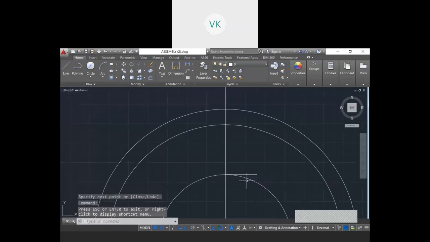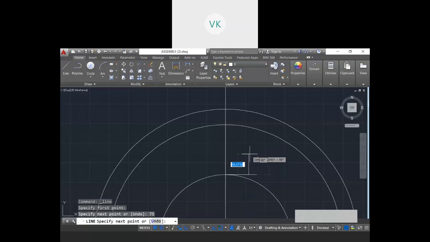Next comes your width. The width is given as 150 mm. From this point I will take that 150 mm total width. Half of that will be how much? That I can take as 75, because I am taking it along the x-axis. So half will be on the right side and half on the left side. Hence I will take 75 and mark it here. Now I will delete this line. So this will be my line.